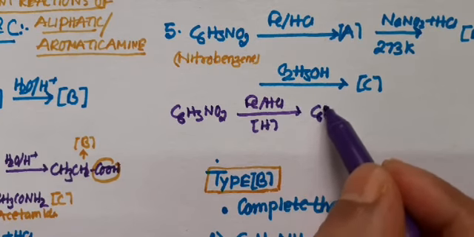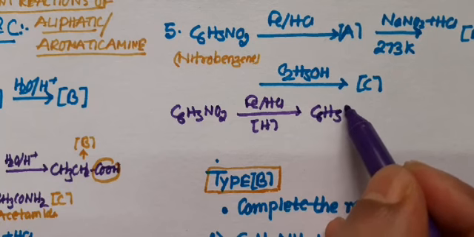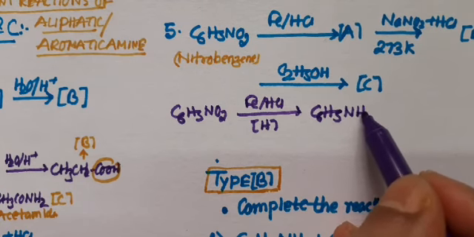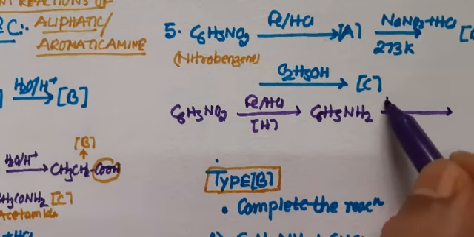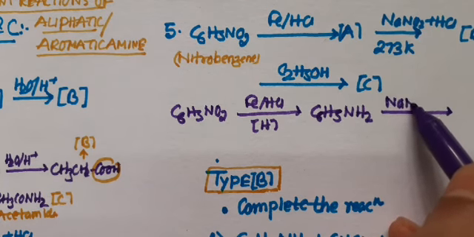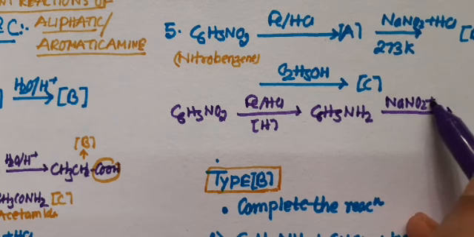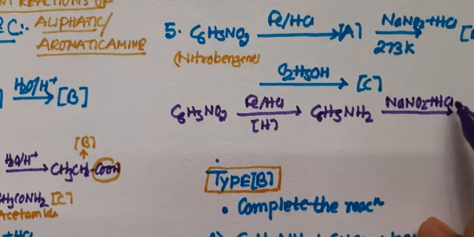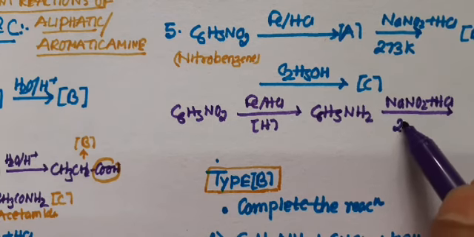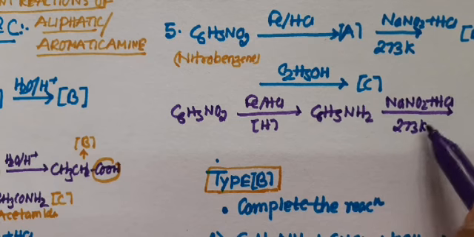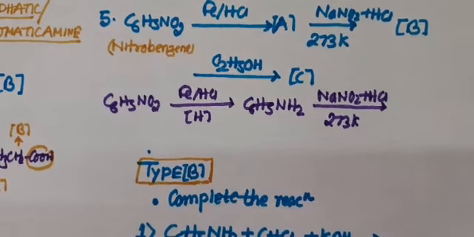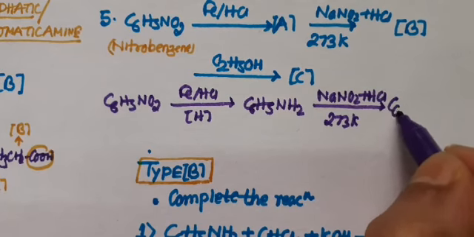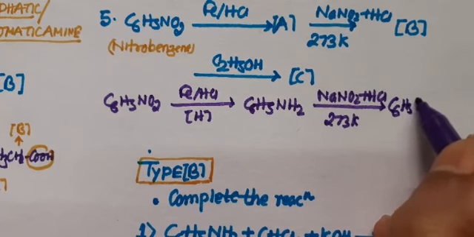The NO2 part is converted into NH2, and further it reacts with NaNO2 plus HCl at 273 Kelvin, and it results in the formation of benzene diazonium chloride,